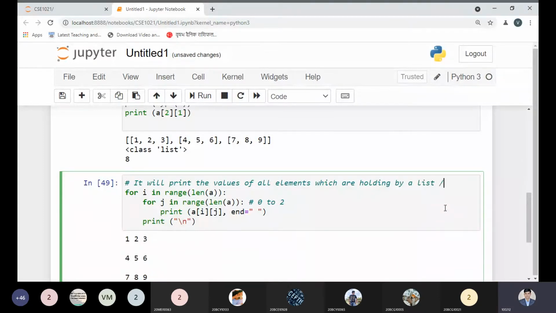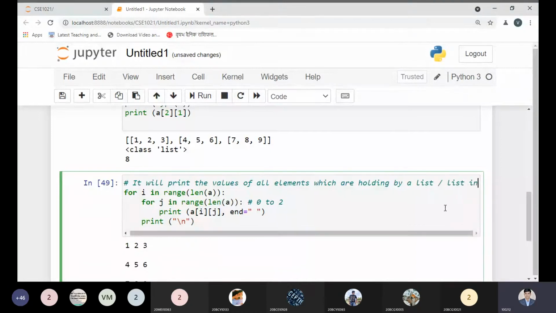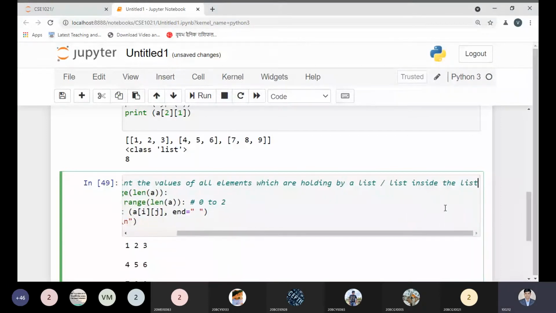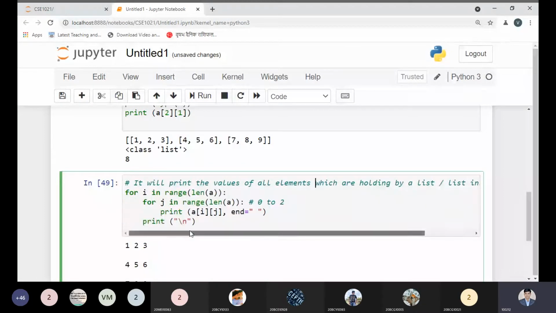So we can say it is known as a list inside a list. Okay, so this is the point you need to keep in mind while solving any problem.